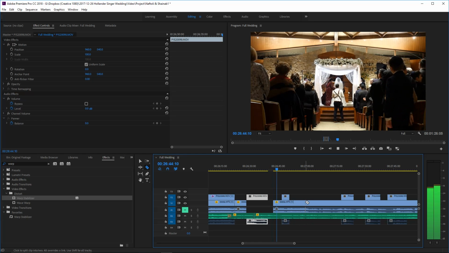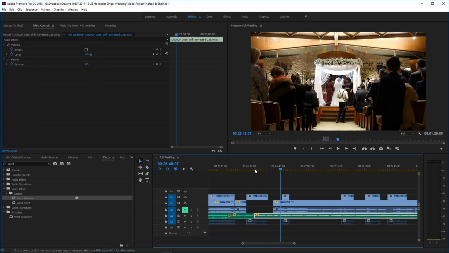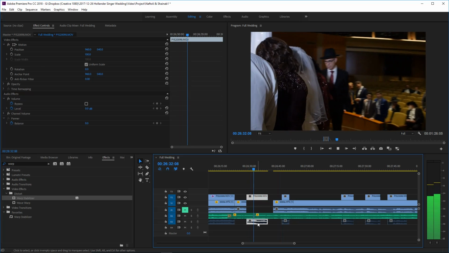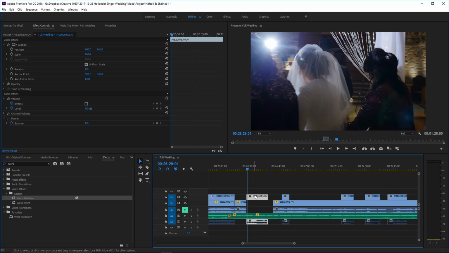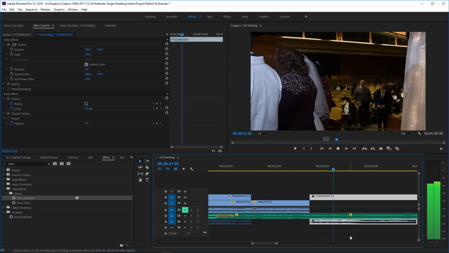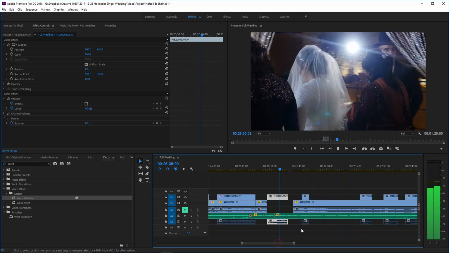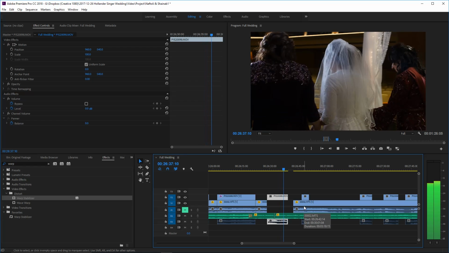Alright, we're going to skip this musical interlude. So we want that welcome line. Then we're going to skip the musical interlude. Find where they start the words. The words are the important part. Right over there is where they start the words. And I notice something interesting here. I don't even need a fade to make it work.